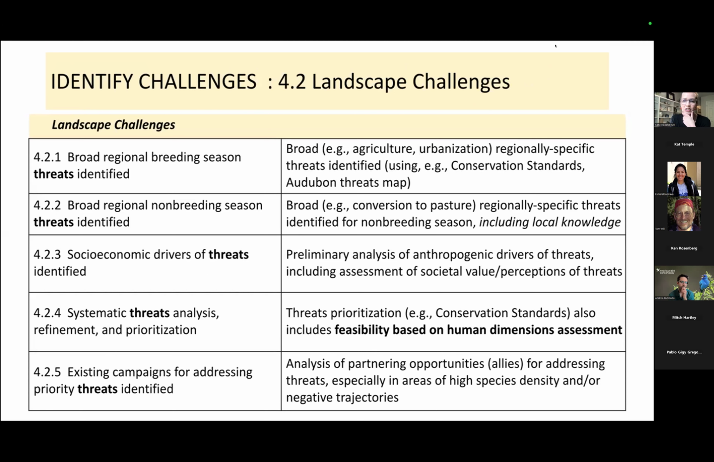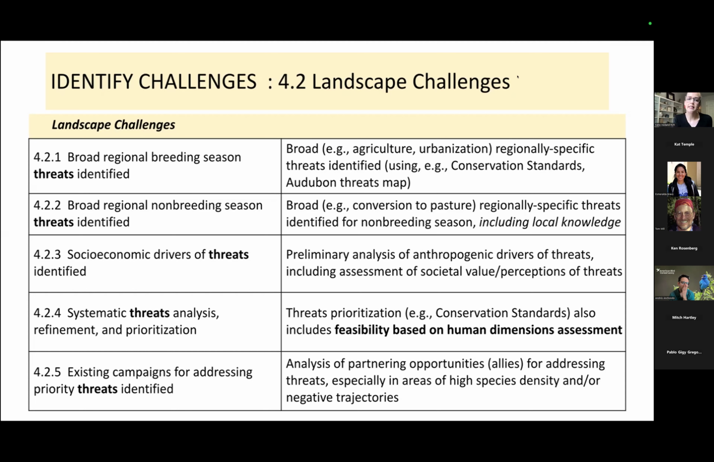So, landscape challenges here. You see I've added in bold where threats are coming up. So this section is really about threats. The focus here is on identifying threats, and we're moving towards being able to think about how all of those threats are combining and being able to prioritize the ones that are most important to the species, and then looking for where work on these threats is already being done. So we start at the top at 1, which again is the center of the wheel, looking at